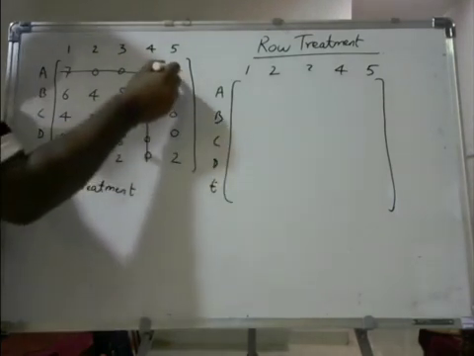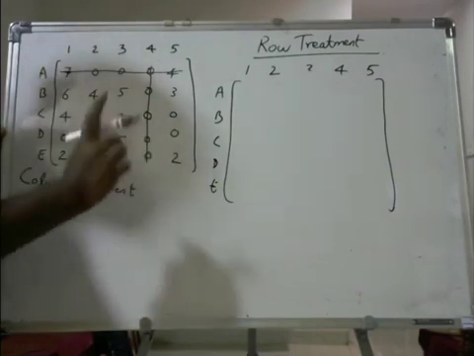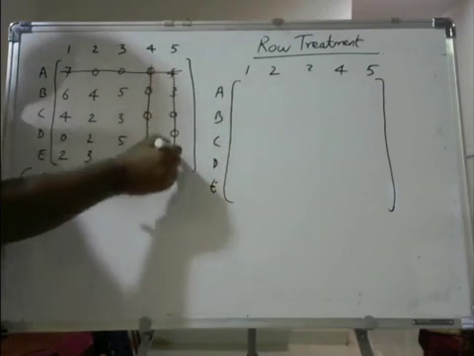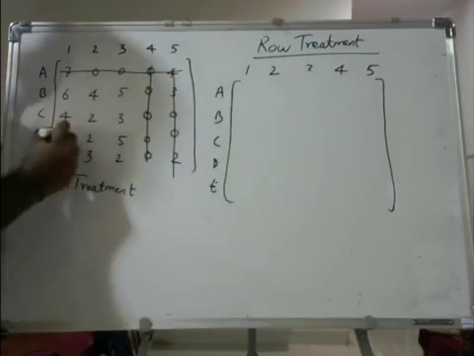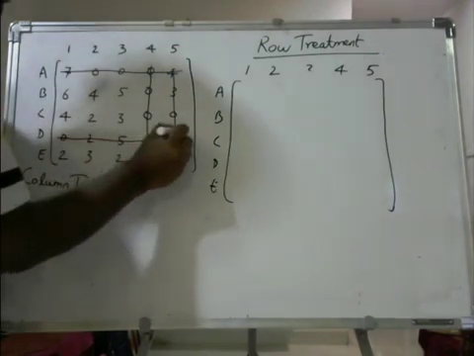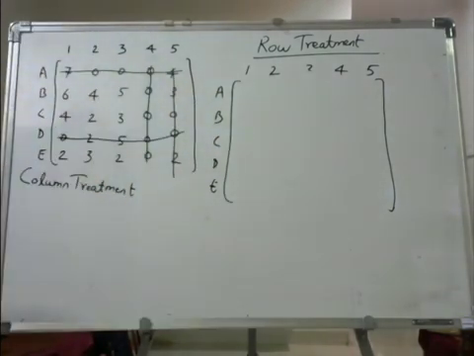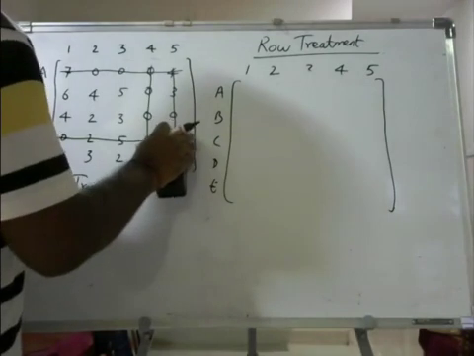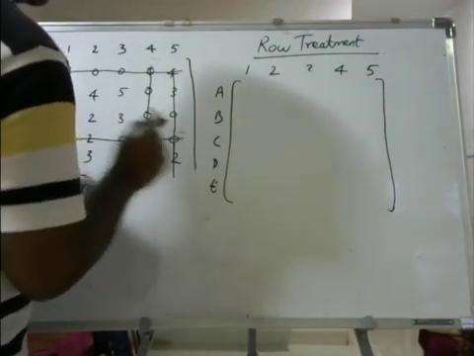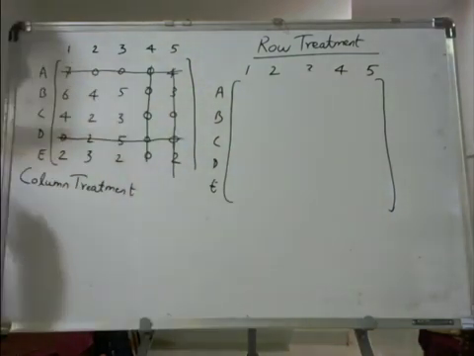Here I can draw one more. I cannot cover all the 3 zeros in one line, so I have to draw another 2 lines. This is the third line, and this is the fourth line. So this line has gone a little bit like this. Okay, I will just rectify this. Okay, so now I have drawn lines to cover all the zeros.